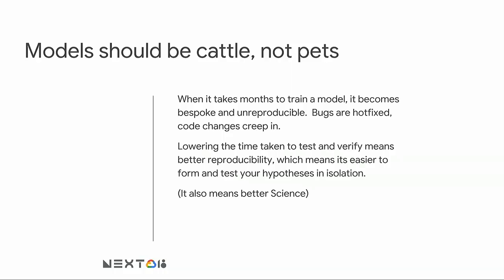It's not a big deal if it dies or goes down or breaks and I have to rebuild it. In the same way, we'd like our neural network models to be like that as well, where if it takes you 3 months to do it, you get kind of possessive. Like, you really don't want to see anything happen to it. But if you can make a new one in a day or two, now you have this freedom and ability to experiment and try things. And it means that you can keep those changes much better isolated.